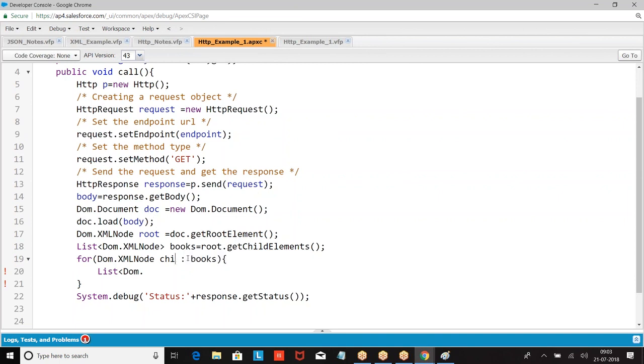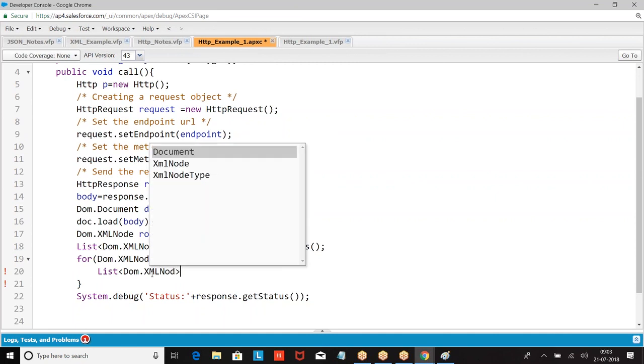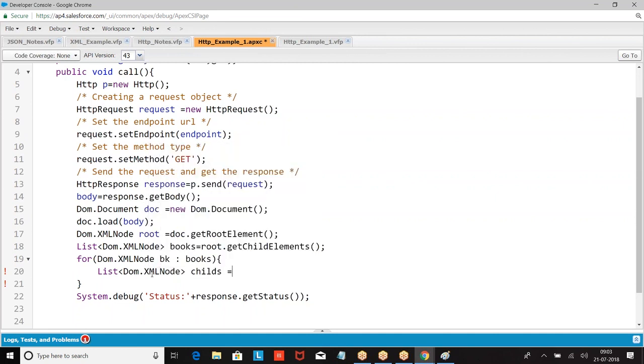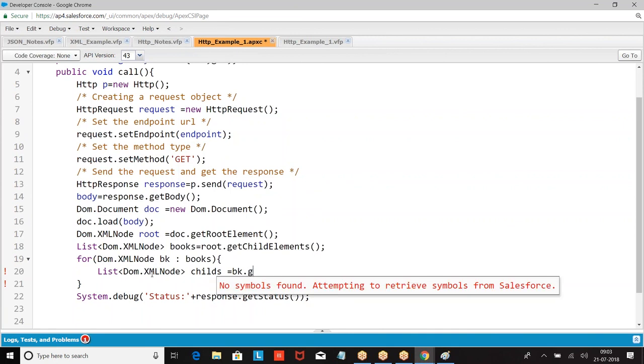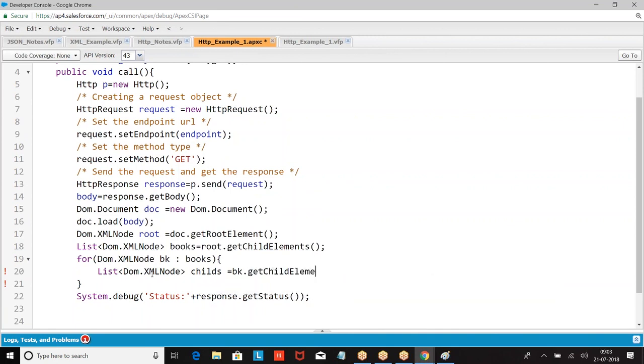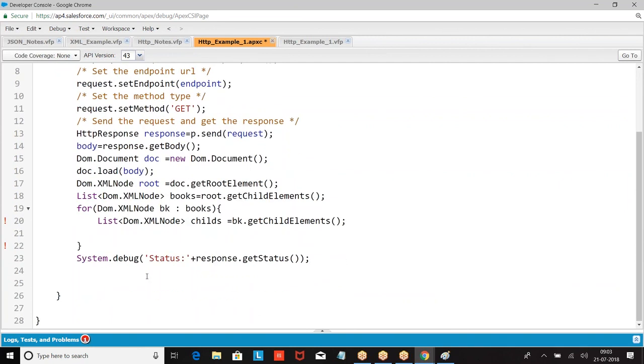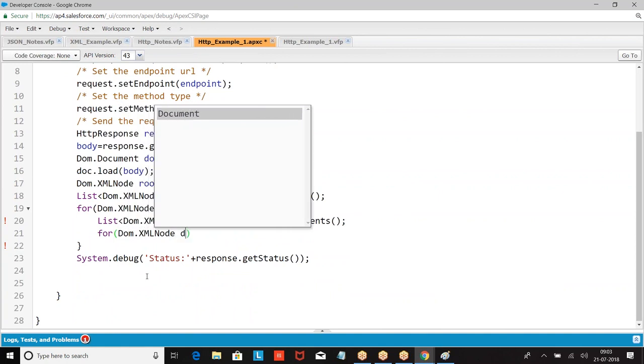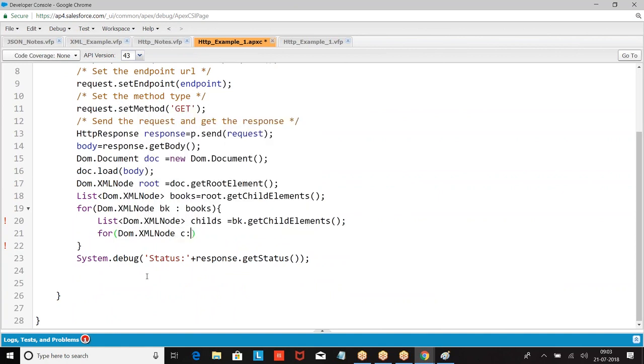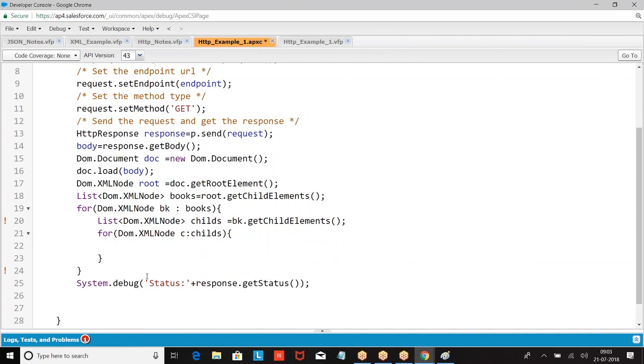So the books we are taking, book dot get child elements there. Get one by one child. How do you get the child? If label is,